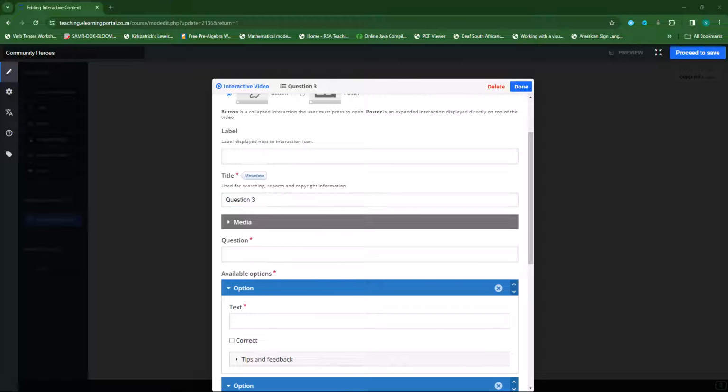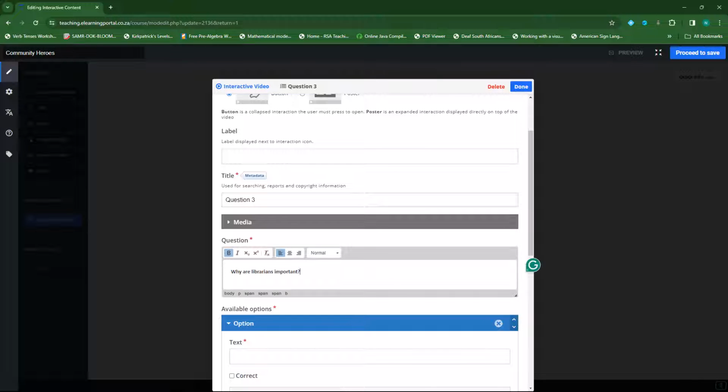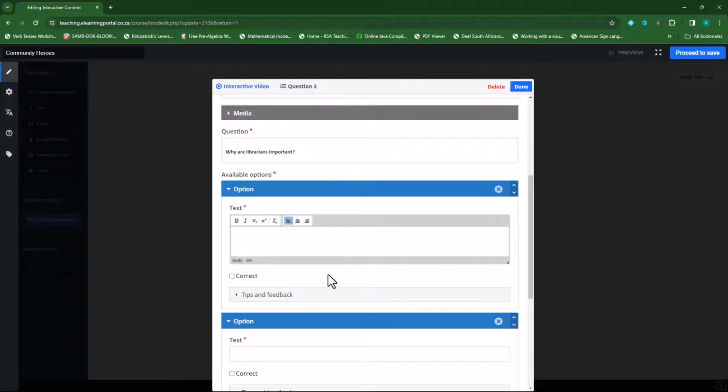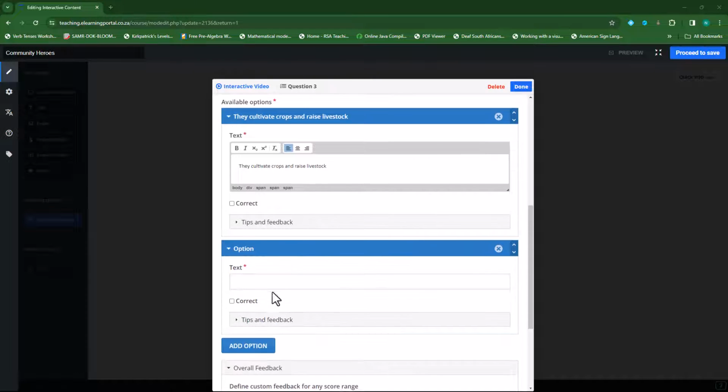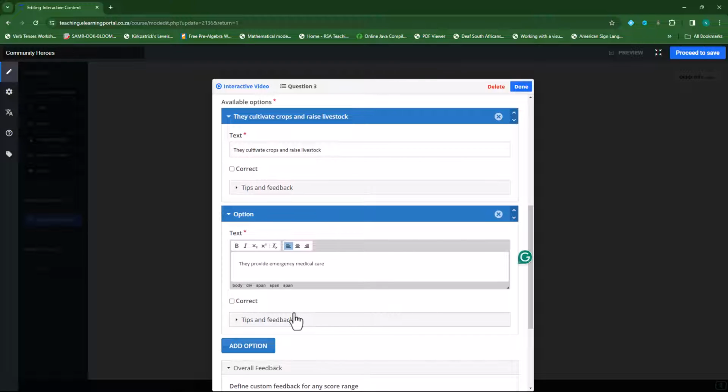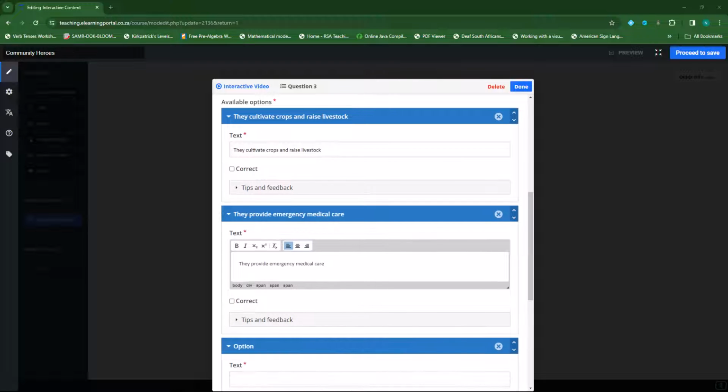Okay, and now I'll just copy and paste my question. And I'll copy and paste the options available. So I'll paste it there. Copy and paste my second one, and then add another one, and then